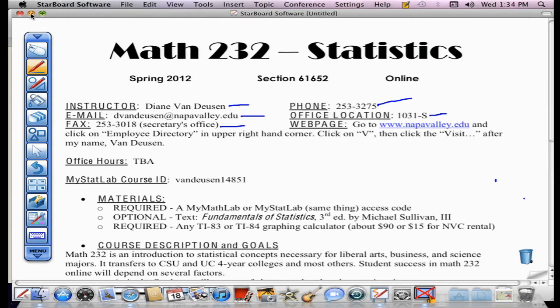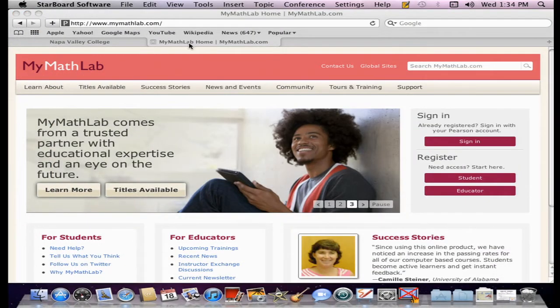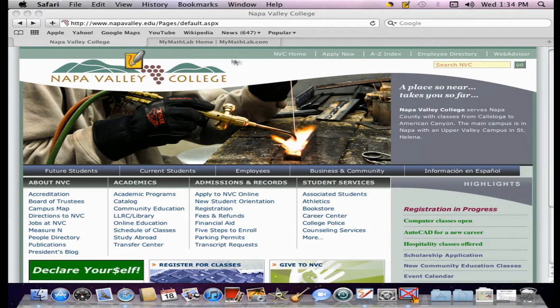This is the easiest way, if you haven't found it yet, at any rate. My advice is first go to the Napa Valley College website, and the employee directory is up in the upper right-hand corner. You want to click employee directory. And then our web page moves so slow. It's like go have lunch, take a nap, maybe have your nails done. And when you come back somewhere along the line,